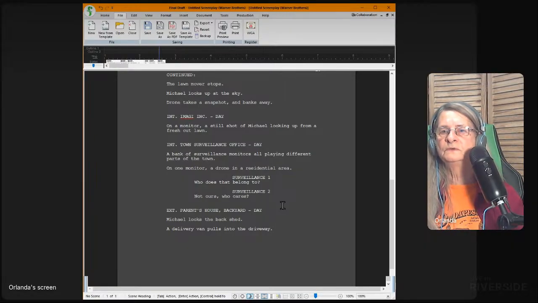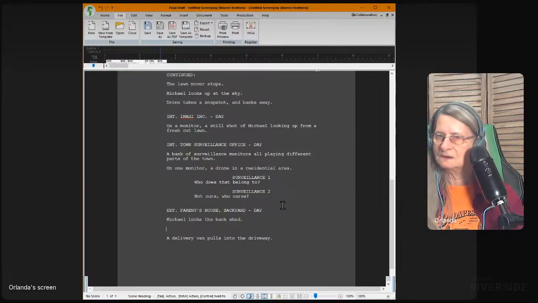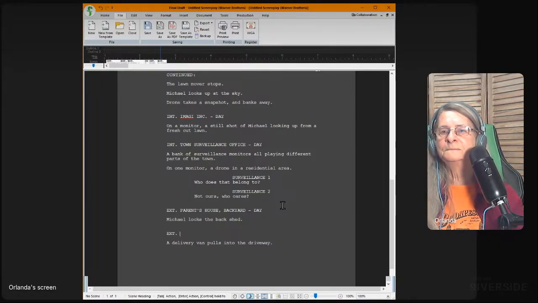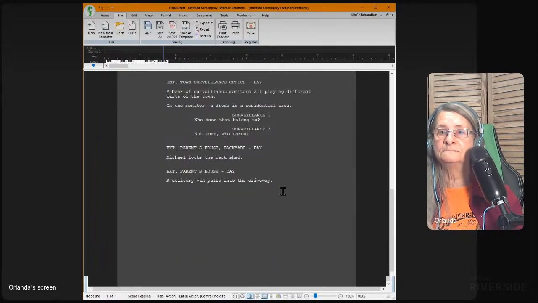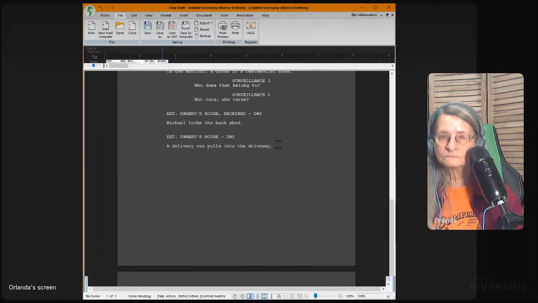So, if a delivery van's going to drive in, we have to do, again, exterior, and parents' house. There we go. See? There's your choice. Right there. And the delivery van's going to pull in. But the next scene we're going to see is going to be again in the backyard. Parents' house, backyard,